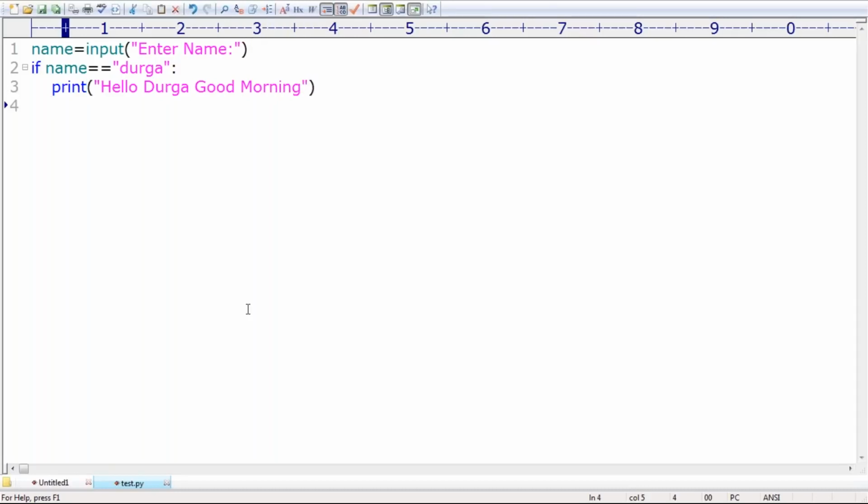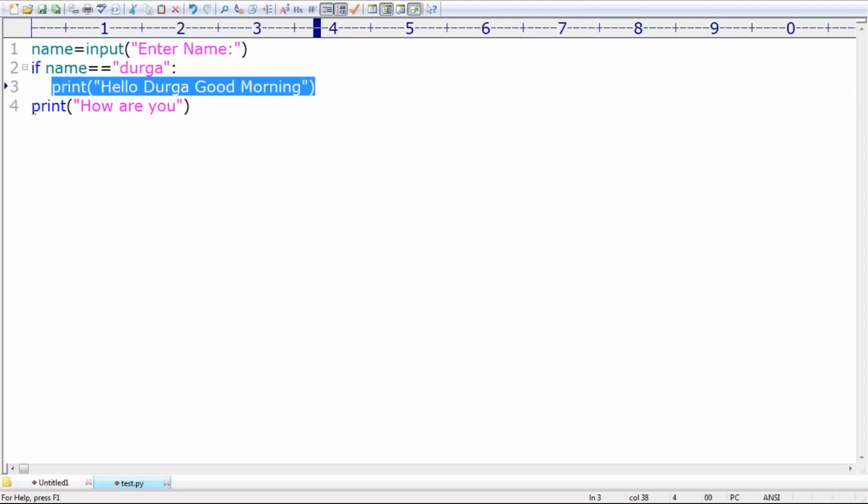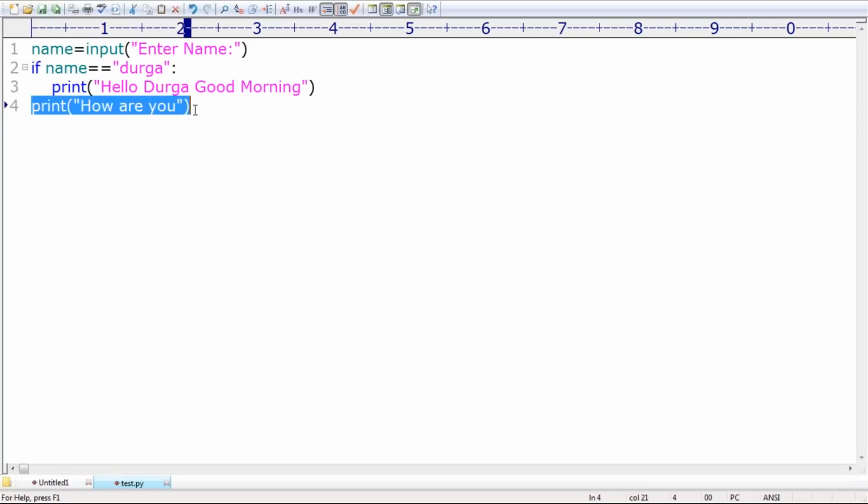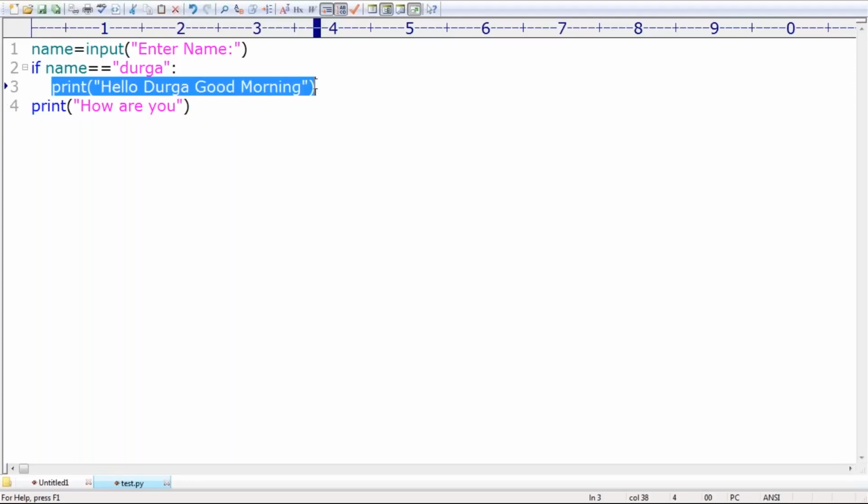Next, I have one small doubt, sir. Observe a bit carefully. Here I'm taking print of 'how are you', like this. Can you please observe? Under this if, which thing by default will be there? Only this line, but not this line. Sir, have you observed? Because this line and the if both start at the same space, that's why it is not under the if. Only this statement is there under the if.